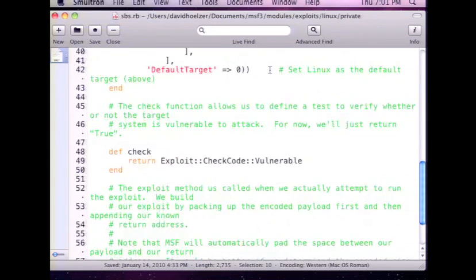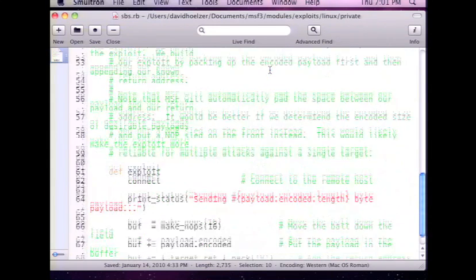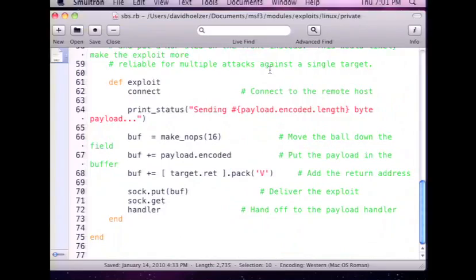Then down at the bottom, we can skip down to where the actual exploit happens. This is the only other piece I need to change. There will probably already be a payload in there that does something from where you copied it from. You can just take that all out, and here's what we put inside. We tell it to, first of all, connect to the remote site. We then start building a buffer. What I'd like to put in the buffer is a bunch of nops, and I'm going to put in 16